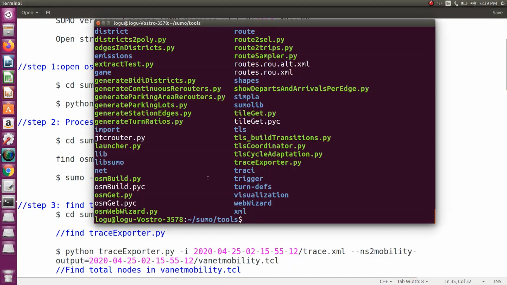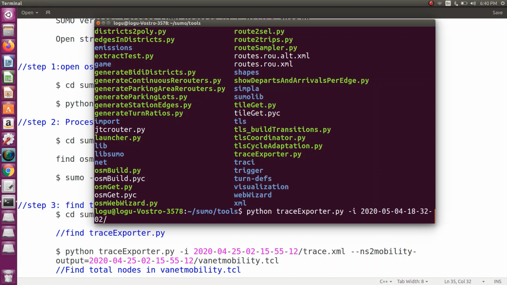Okay, so python traceExporter.py minus i. Then what is the file I want to use? 2020. So that file is available in my tools folder.